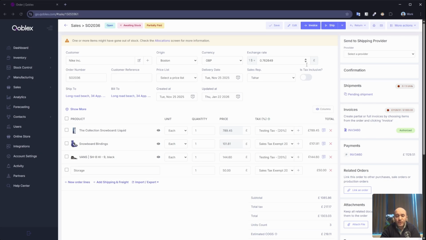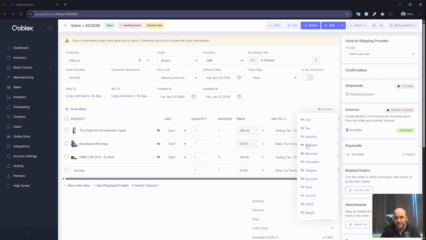If I want to create an invoice for the item that I previously removed from the first invoice, I can click on Columns to see the items that are remaining to invoice. And from what I can see from here, it's this line item, which is the Vans shoes. So I'll select that item, click on Invoice,